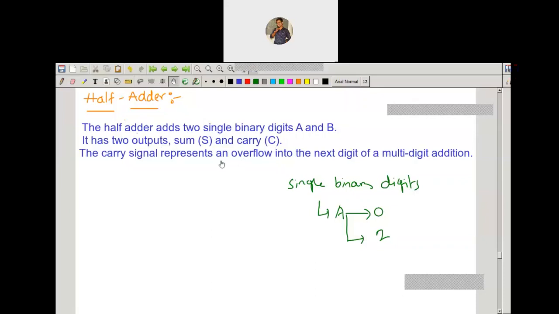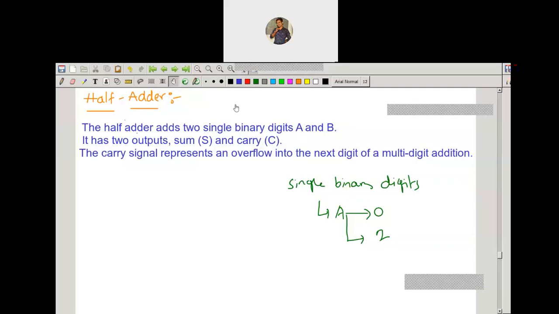The number of outputs is two. And the number of inputs is two single binary digits. So it is going to have two inputs and two outputs, and this is the carry output. Carry represents an overflow into the next digit of a multi-digit addition.